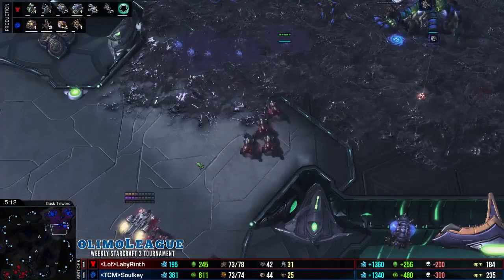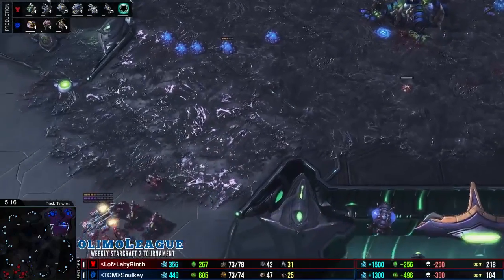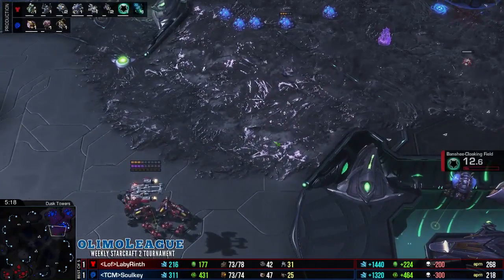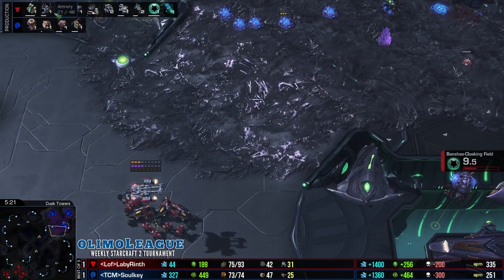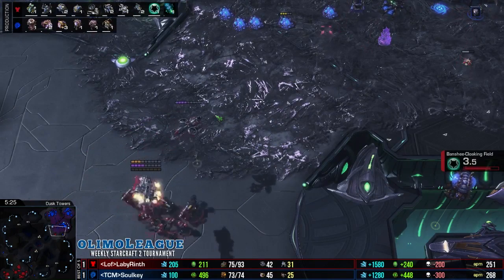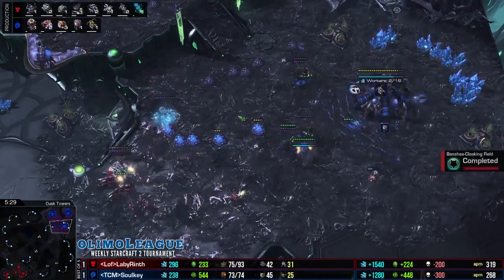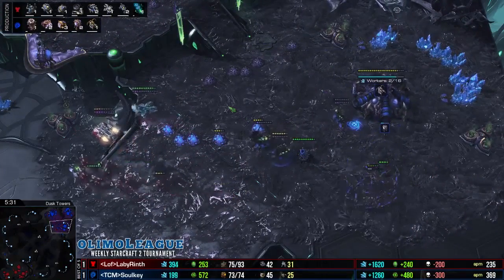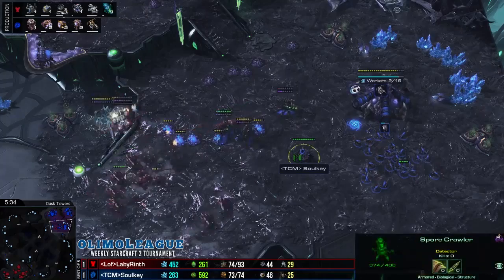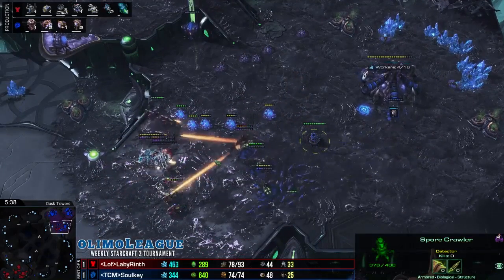I was going to say, not only the Liberators, but even the potential for those Widow Mines to move around and potentially be dropped in the mineral line. You want that detection. So there's already so many different things that Soulkey's going to have to prepare for. But Overseer also coming out, I guess, just to make sure you can deal with those Widow Mines. This is very, very odd. Now, Soulkey with the forward Spore Crawler, thank God for that, right? This gives him such peace of mind against those Banshees, but...